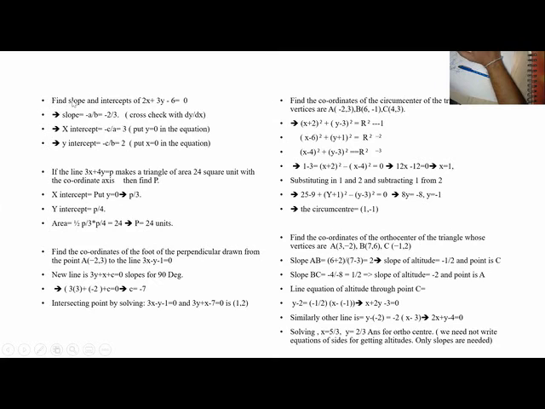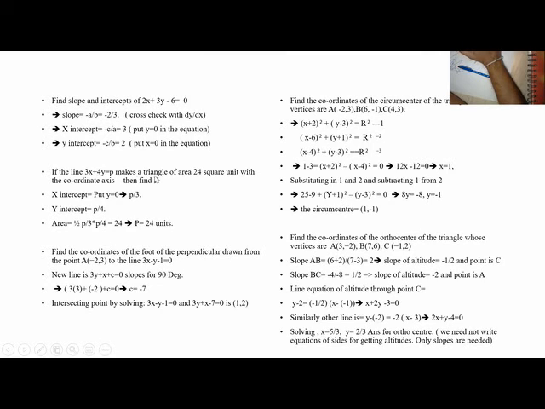Let us see an example. Find slope and intercepts. So what is intercepts? Put y is 0. Slope is minus a by b, so minus 2 by 3. X-intercept, I put y is 0, so 6 by 2, that is 3. Y-intercept, I put x is 0, so 2. So simply by putting, we can write all three.